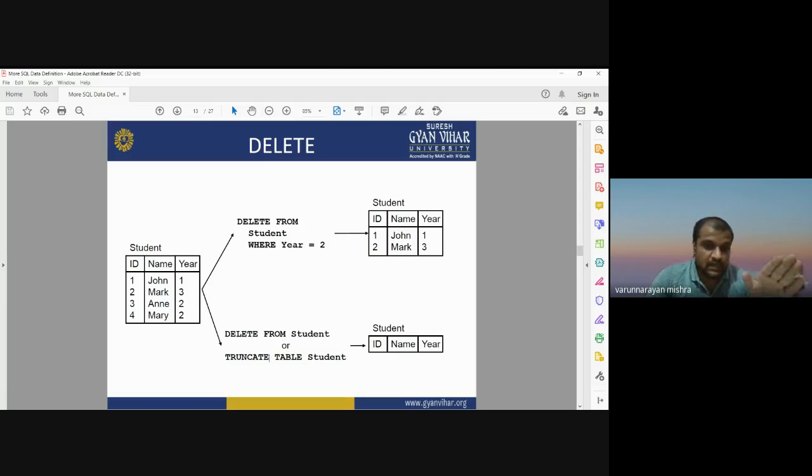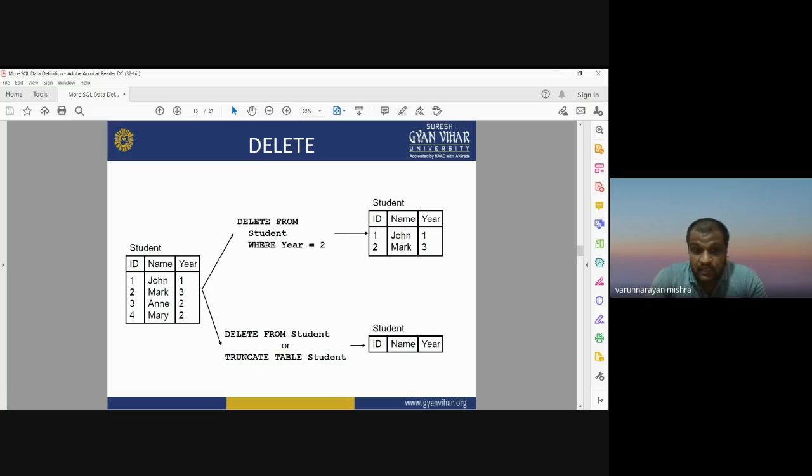The delete command should be applied with more care. You have to define the name of the table or the row where you want to delete the values. Otherwise it will completely delete your database, and you cannot recover that data. Means there is no option for undo. There is no option for undo.